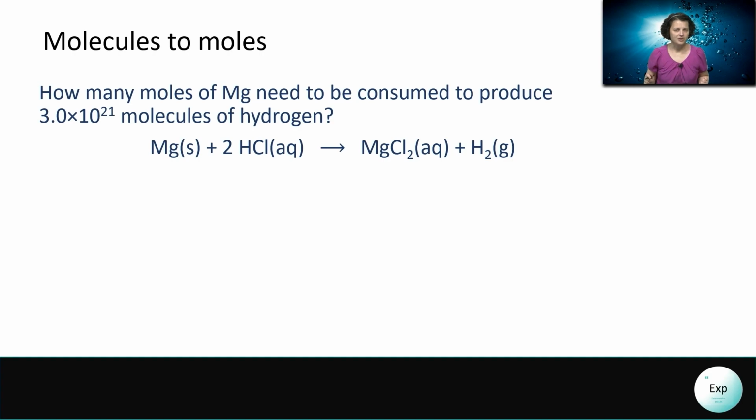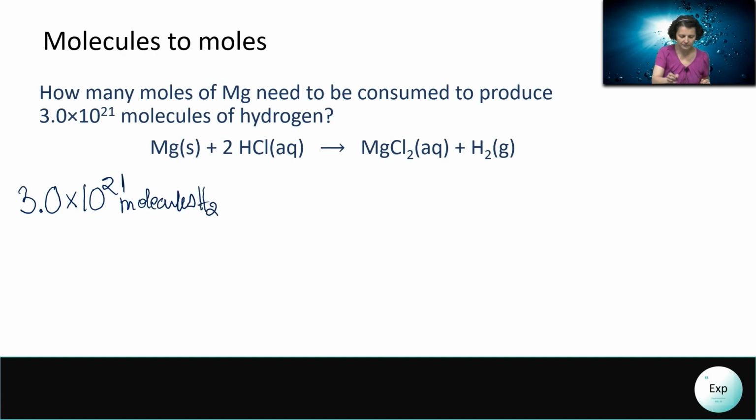There are other options to enter a chemical equation, and that is where one of our ingredients is provided in something other than moles. In order to be able to use the mole ratios from the interpretation, the first step will always have to be to use whatever means necessary to convert to moles of the provided material. Here we have 3.0 times 10 to the 21st molecules of hydrogen. Step 1, go from molecules to moles. So we begin with 3.0 times 10 to the 21st molecules